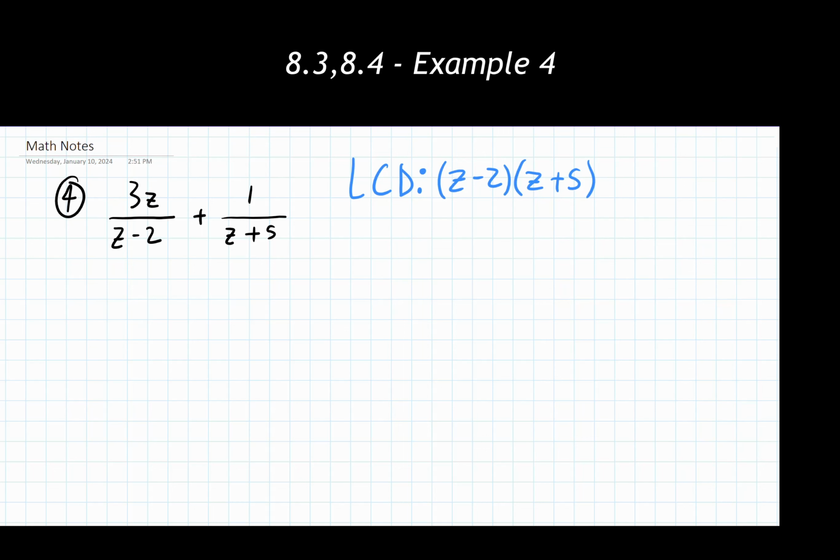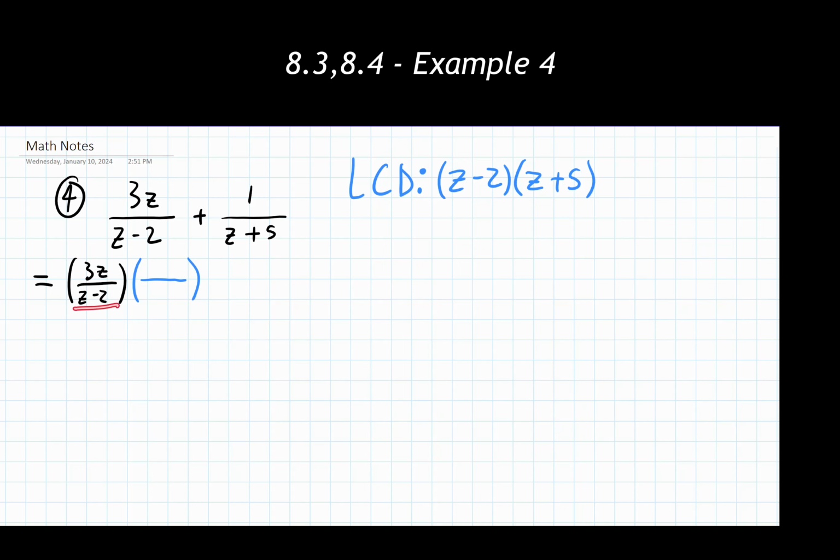So now I have step 2 done. There's my lowest common denominator. Step 3 says to rewrite each rational expression to have the lowest common denominator. So like we did with number 3, I think it's very, very useful to write out for yourself the first rational expression. Now what am I going to multiply that by in the numerator and the denominator spot to get my lowest common denominator here?